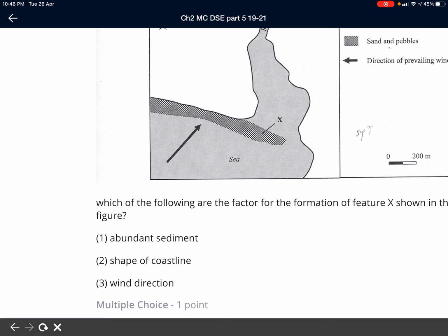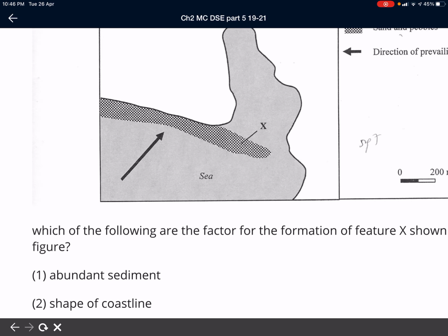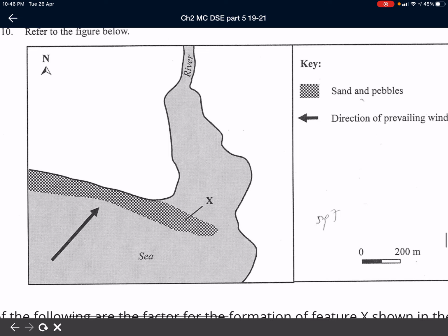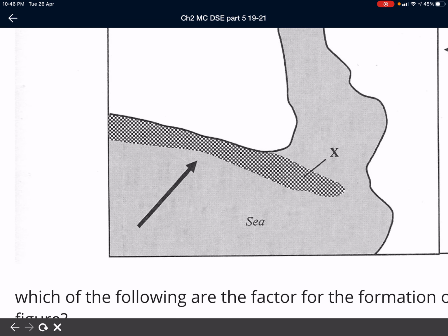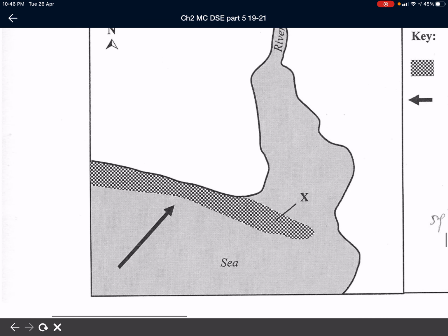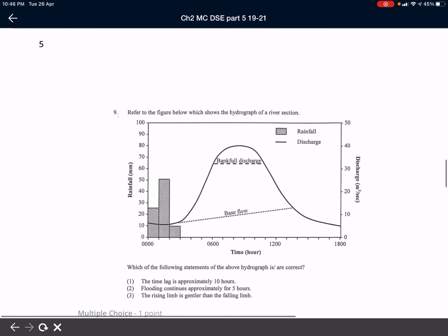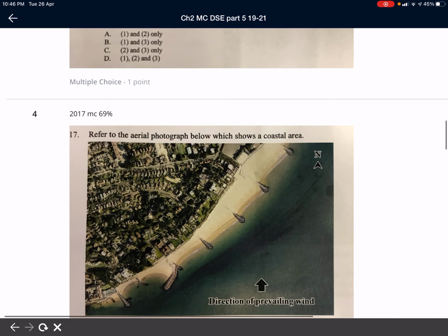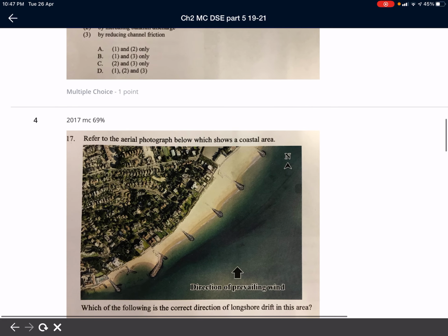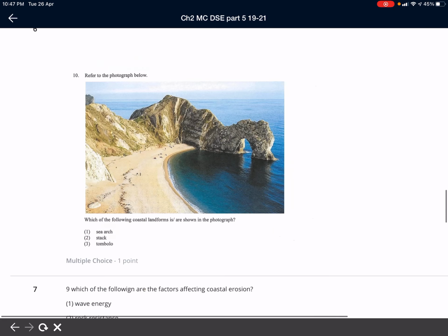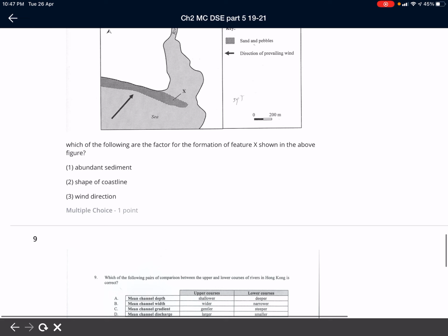Okay, number 3, wind direction. So wind direction, can you see the prevailing wind working here? And also, you can see that 2020 tested this, 2019 also tested this, 2018 also tested this. Okay, so all the way is quite a common concept with the pairs of the prevailing wind with